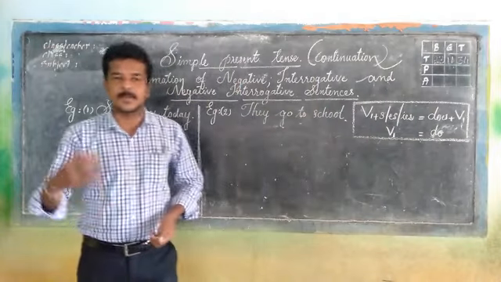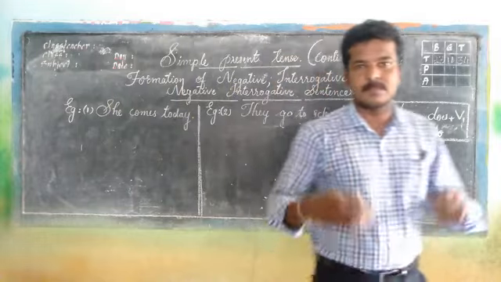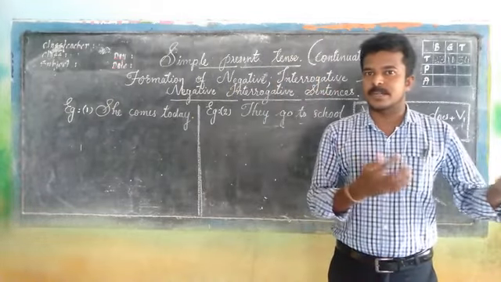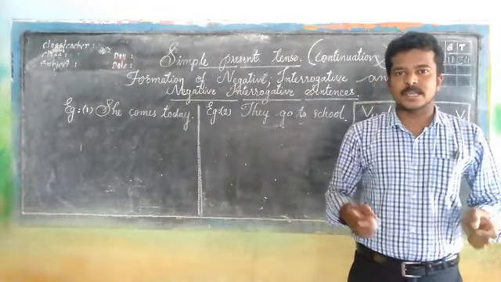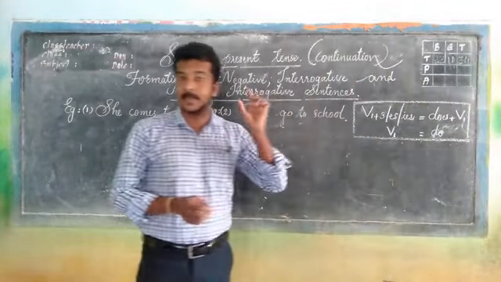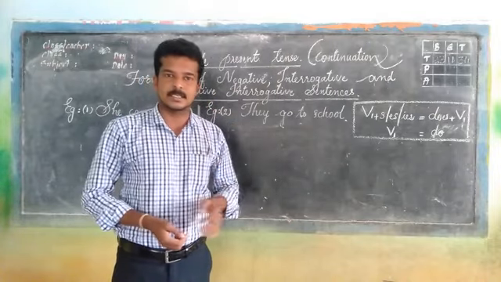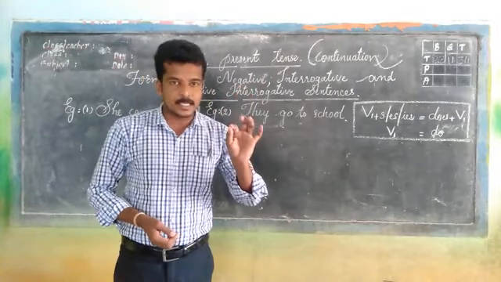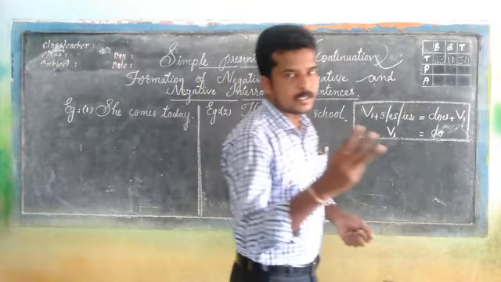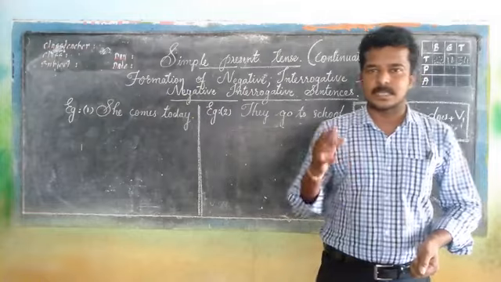Okay, anyhow, in the previous class, I explained simple present tense and when we need to use the tense. Today is the continuation of the same tenses. It is very easy to remember the names of the 12 tenses, as I told you before: 3 simple tenses, 3 progressive tenses, 3 perfect tenses, and 3 perfect progressive tenses.